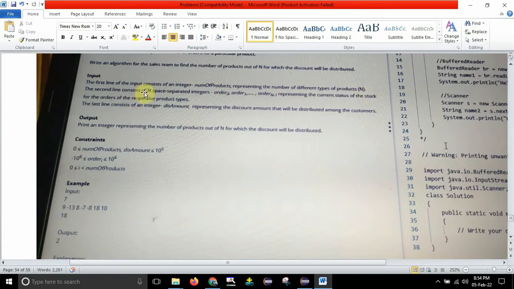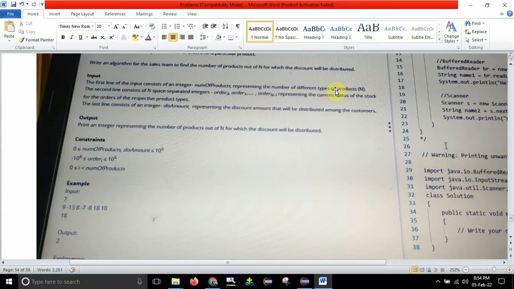The second line consists of n space separated integers, that is order 0, order 1 up to order n minus 1, representing the current status of the stock for the orders of the respective product types. So for all n products they start from 0 up to n minus 1.